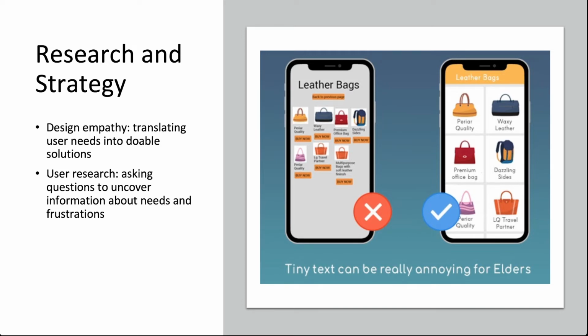Like this case here, the option on the left is not easy for the user, but it saves more space. You can put, for example, 7 products on the same page versus 6 on this one here, right? But clearly the right hand side one is much easier to read. So in order to do this, your UX designer will have to do some research on the target